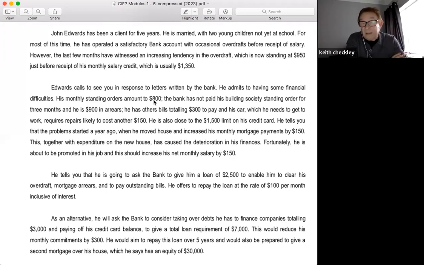Well, no, we're getting there right now because this is part of the discussion. What we'd obviously need to do, in the real world, what we'd need to do next is, what would we do next with Edwards to verify what figures he actually needs and what he can actually afford? Because we've got a lot of information that's missing at the moment, which will be typical on our financial planner journey. So what have we got that's missing? Well, there's a lot of stuff. What would we want to do with Edwards?